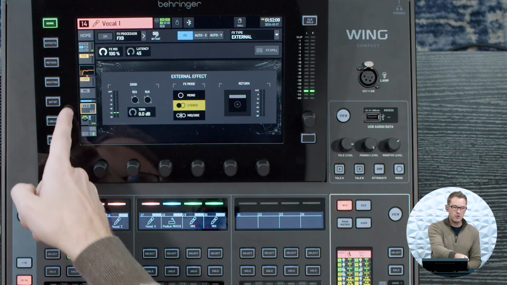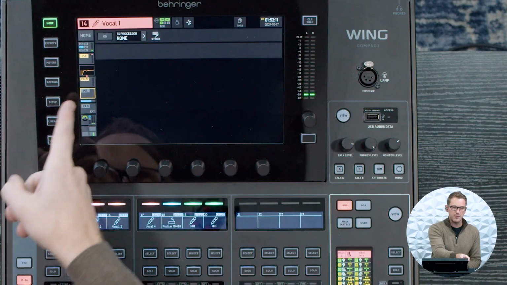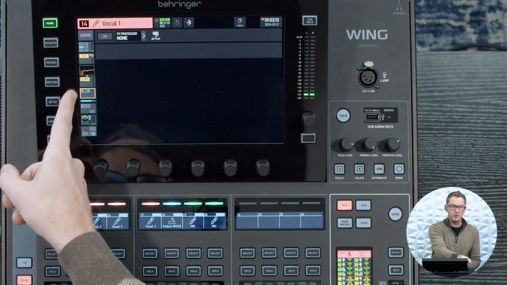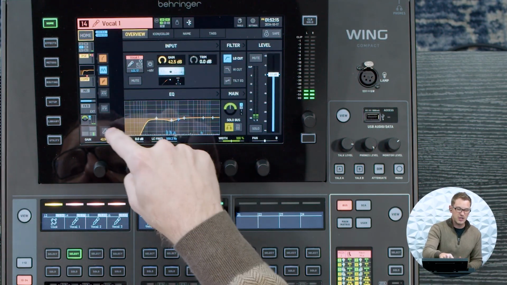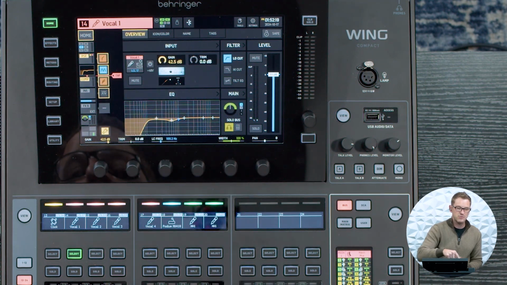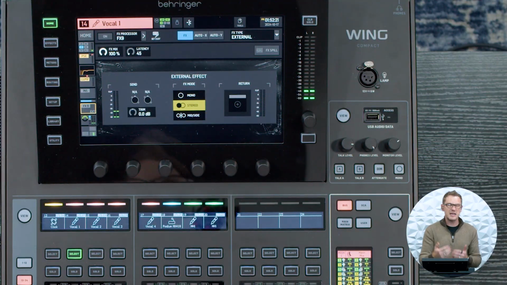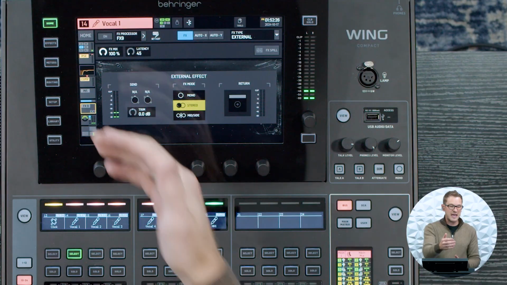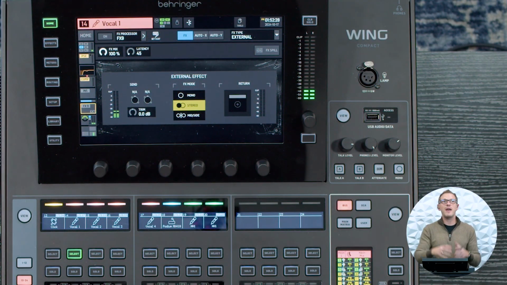So in this case, I'm going to be putting this post fader, but I could also put this on the pre-fader insert point, and then I could go and adjust where I want this insert to be. Just like that. But in this case, I'm going to be utilizing some auto-tune on this mic, and so I'm going to have it on my post fader. That way I can have the most processing done dynamics-wise and get a nice full volume out of this signal